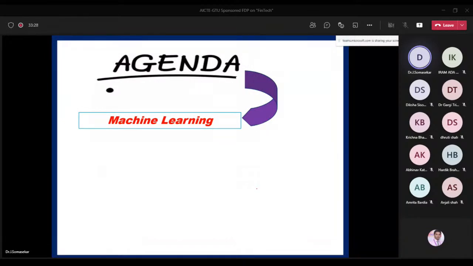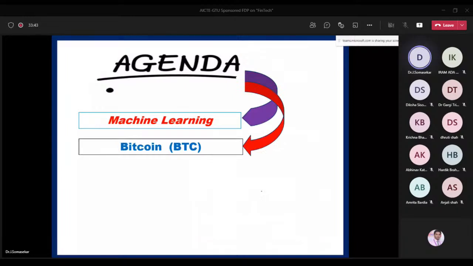First, we will see an introduction to machine learning. So first, we should know what machine learning is. I'm not going to explain machine learning in detail. At least I will give a brief idea so that we get an understanding of machine learning, and that we can apply it for any applications. We will see that also.